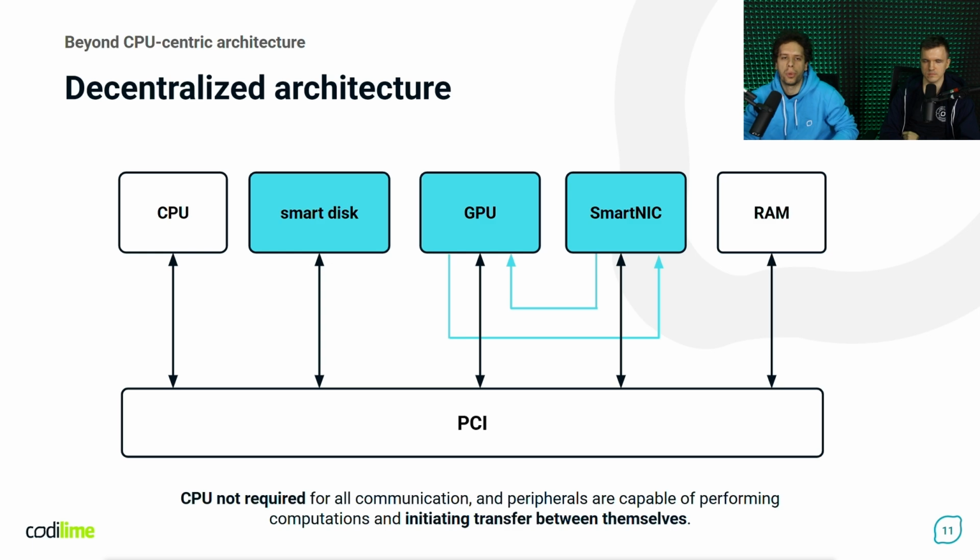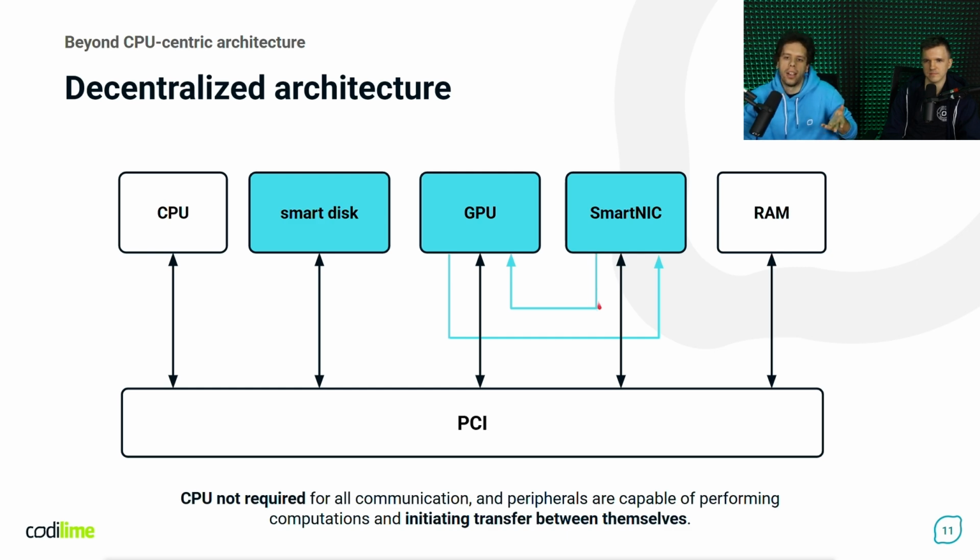And now we're approaching decentralized architecture where peripherals not only have computational capabilities of their own, but they also can send the data directly between themselves to accelerate this workflow even more using peer-to-peer DMA on the PCI architecture, right? So for the use case that I talked about before, the data appears on the SmartNIC, and let's say that we want to input some data to the NIC depending on the GPU calculation, then we just do 2 transfers instead